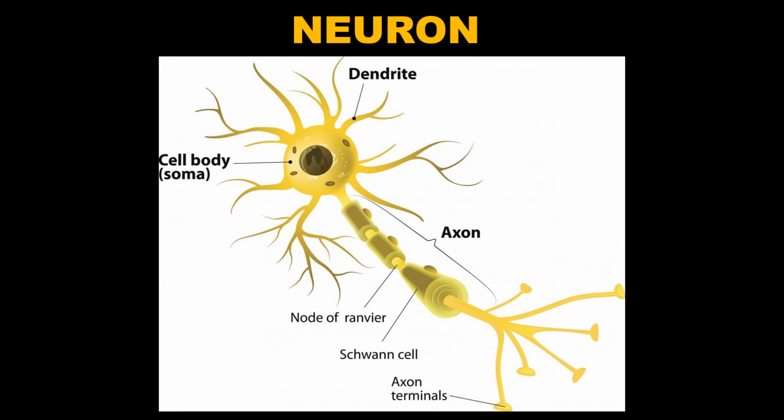Now, each neuron has an axon, a single long cell process extending from the neuron cell body. The area where the axon leaves the neuron cell body is called the axon hillock. Each axon has a uniform diameter and may vary in length from a few millimeters to more than a meter. Axons of sensory neurons conduct action potentials toward the CNS, and axons of motor neurons conduct action potentials away